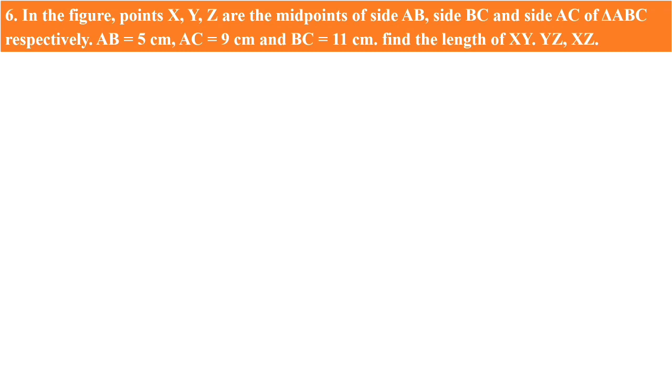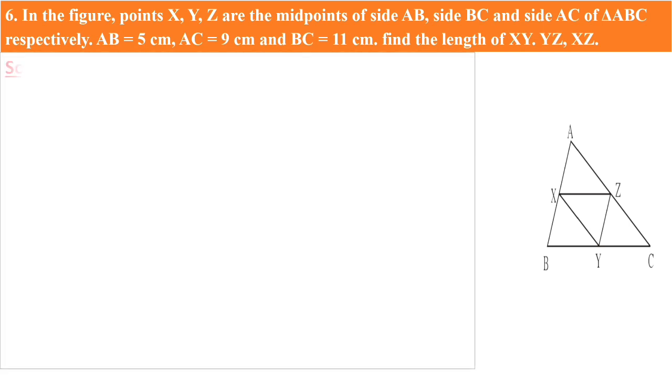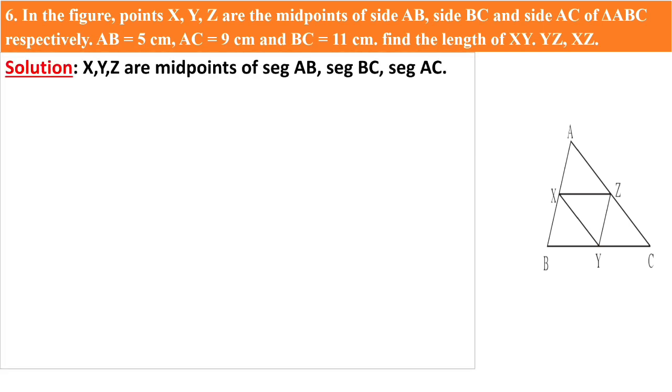The sixth one. In the figure, points X, Y, Z are the midpoints of segment AB, side BC and side AC of triangle ABC respectively. AB is given 5 centimeter, AC is given 9 centimeter and BC is given 11 centimeter. Find the lengths of XY, YZ and XZ. Solution. X, Y, Z are the midpoints of segment AB, segment BC and segment AC. Children, as we know the property of the midpoint theorem,